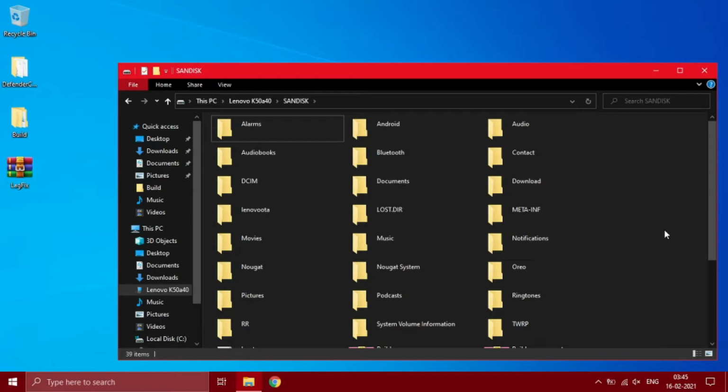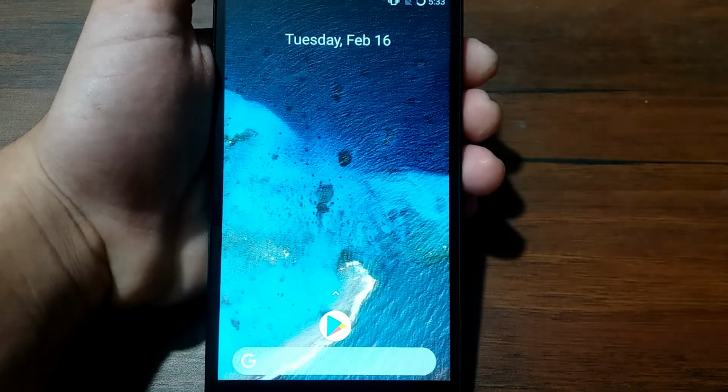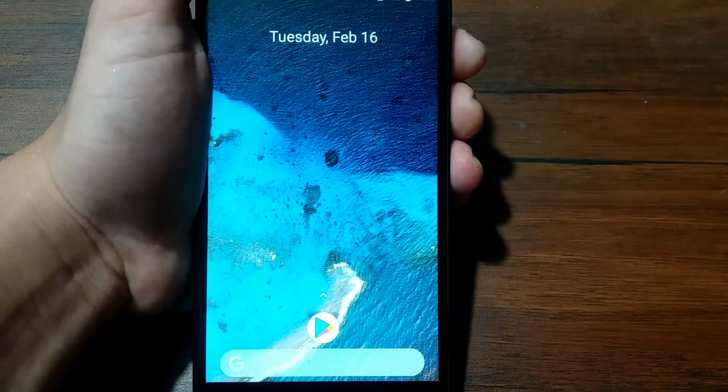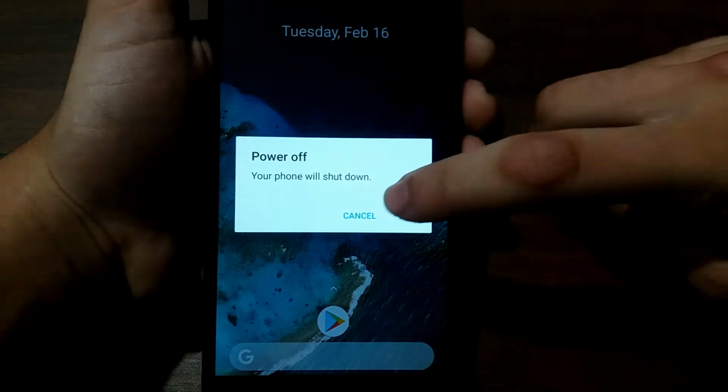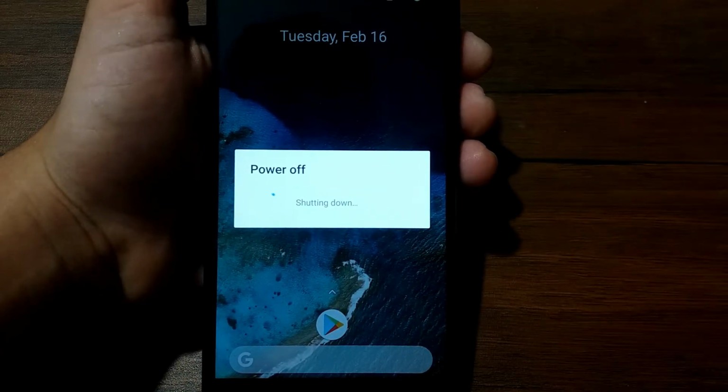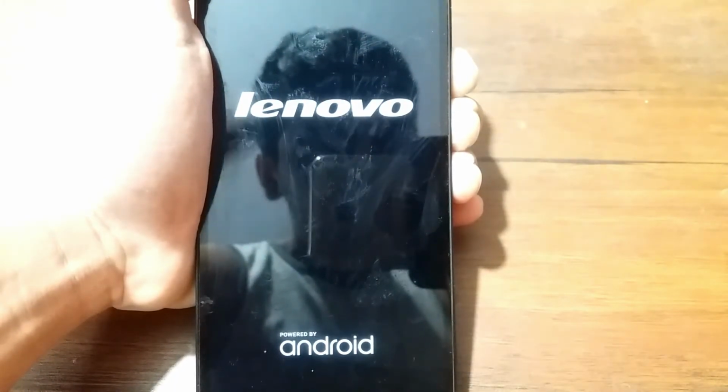So let's go to my phone. So as you can see, this is my phone, and first you need to switch off your mobile. So let's do that. Phone is completely turned off. You need to hold the volume up and down and the power button simultaneously for some 10 seconds, I guess. So let's do that. And once it shows the Lenovo logo, you have to release the buttons